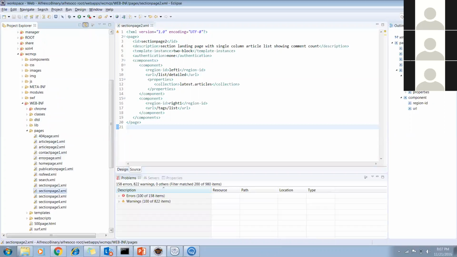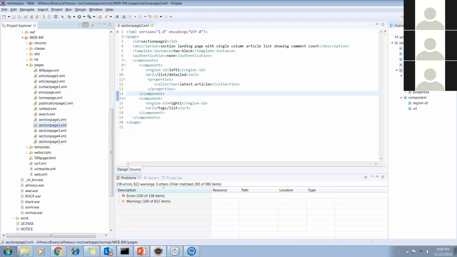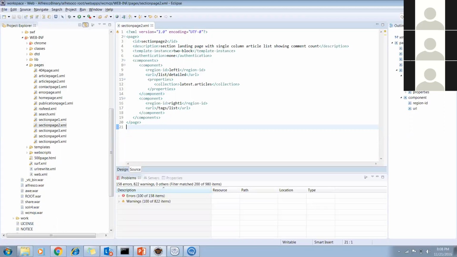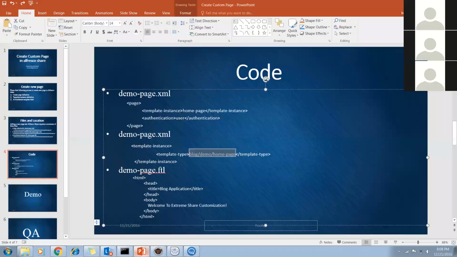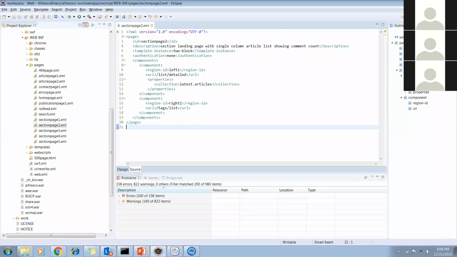Like that, they have created the XML in this WCM file. Here I told you this is used for the REST call, and they are using all these files and folders in the WCM and calling the data from the repository. They have the same template folders, and I will explain, because currently we are just displaying static data. In this example that I showed you, this is just static data. We are not calling the repository. We are not getting data from the repository. We are just doing the UI part. Yes. Okay.